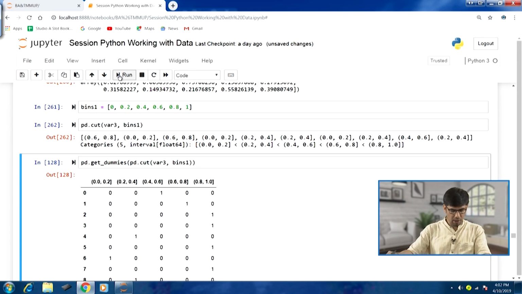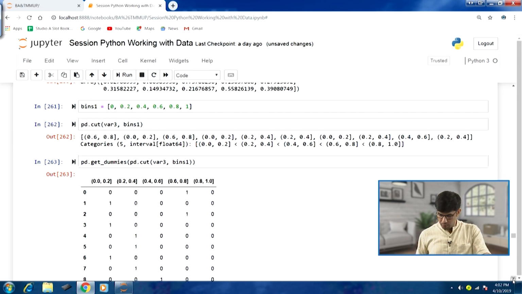You can see the pd.cut output 262, and how this binning has worked. Now, let us combine. If you look at how we are combining this, we are calling the pd.get_dummies function, because this is the later process. Within this we are passing pd.cut, because this will give us the categorical variable. Essentially, the categorical variable is input for get_dummies to produce the dummies. So, the pd.cut output is going to be the argument for get_dummies in this case. If I run it in this fashion,